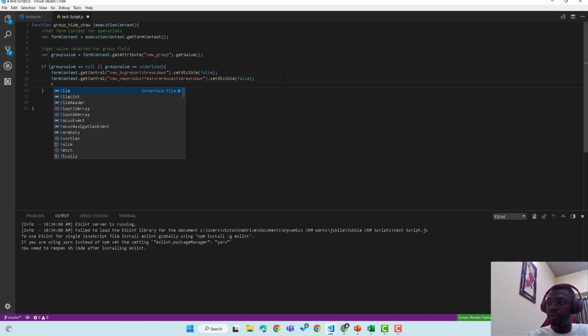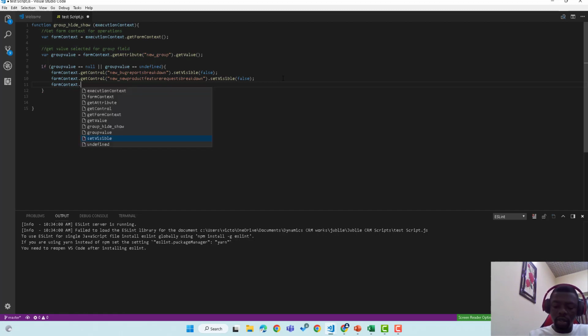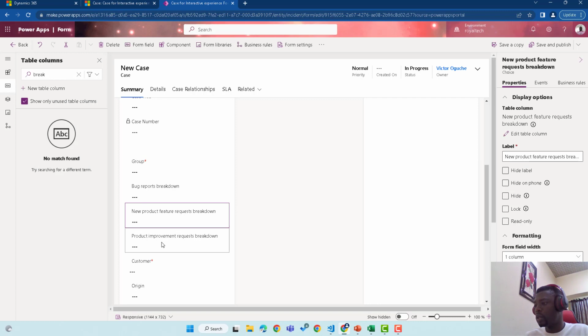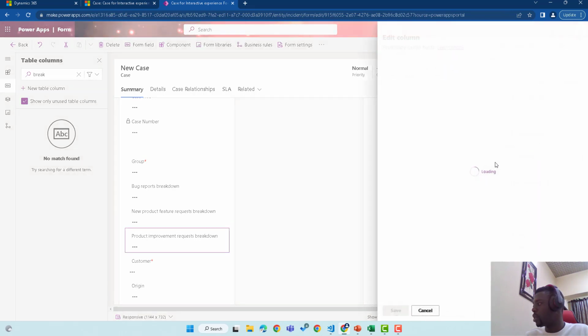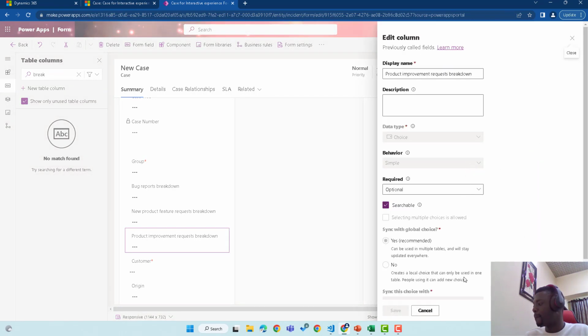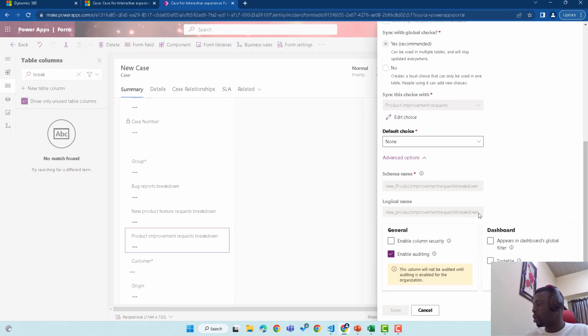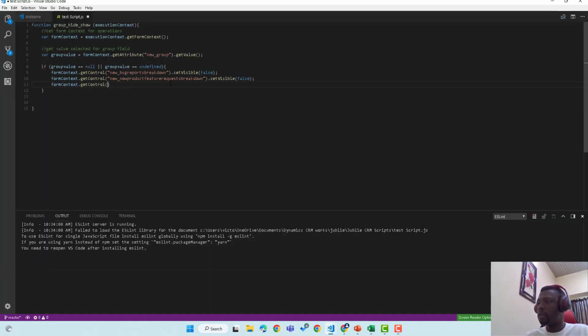Then do the same form context dot get control, and what we want is the last one, which is products improvements. Edit this. Then you scroll down to this and copy what you have here for the logic name. Go back to your script, put this in, and you set